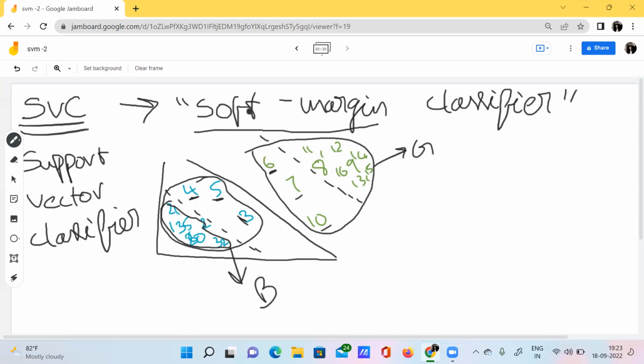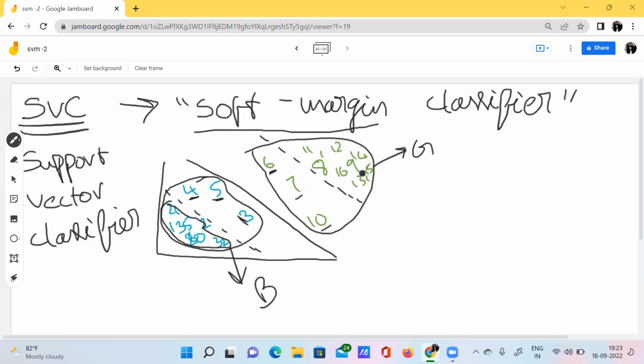Why? Because here we are saying soft margin. Soft means we are showing some kind of soft corner. We are showing some kind of mercy on them, right? No worries, you can cross our border. We are allowing them to cross our margin. So that's why this classifier has most of the data points on the correct side of the hyperplane, the correct side of the margin, but very few data points on the wrong side of the margin.